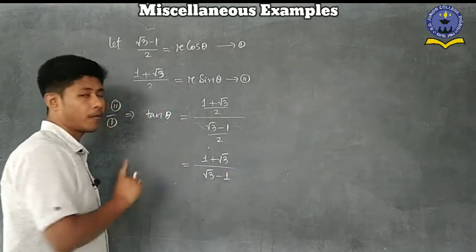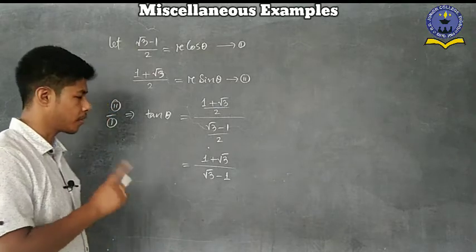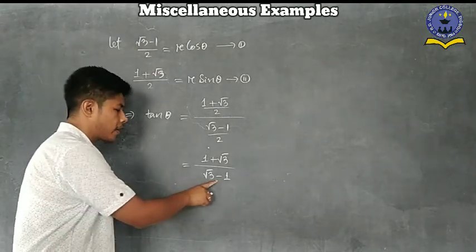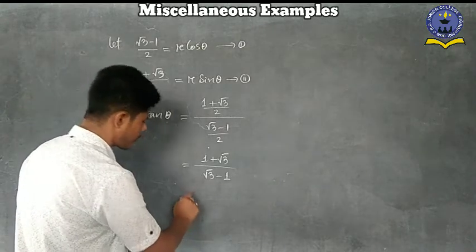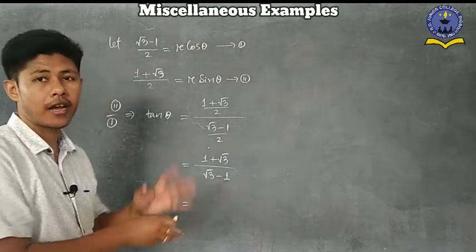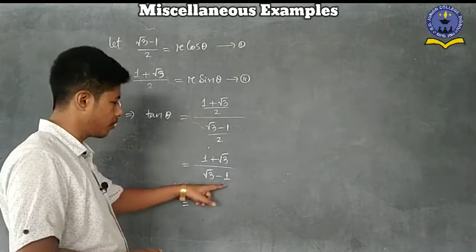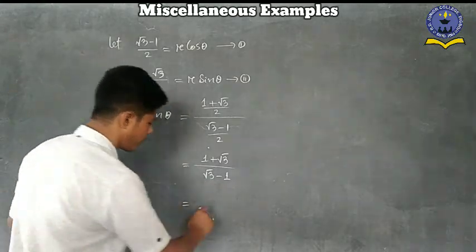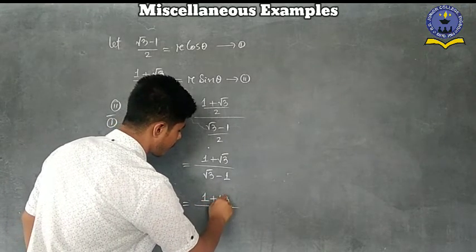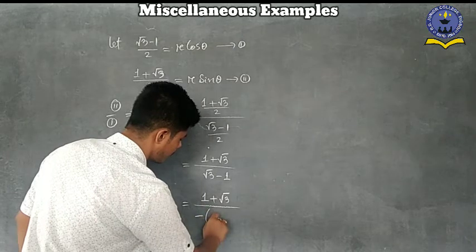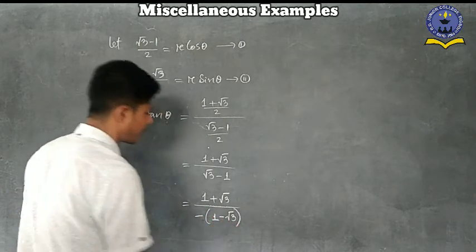So now here one important step is here. What you have to do here, this one you have to remember, taking minus common from the denominator. Always you have to remember this, because here we have to arrange some result. Already I told at starting, so that's why the first step comes here. What you have to do, taking minus from the denominator. So that's why the numerator is here 1 plus root 3, and we have to write 1 plus root 3 over minus 1 minus root 3. Is it clear?